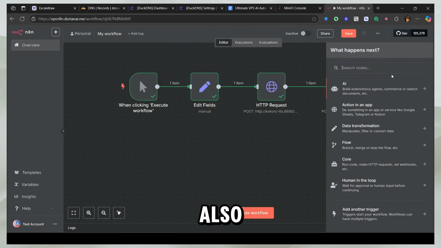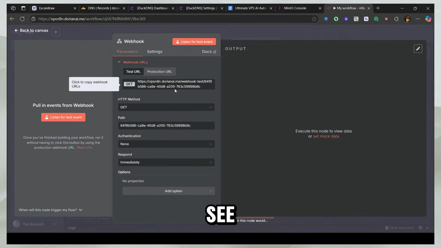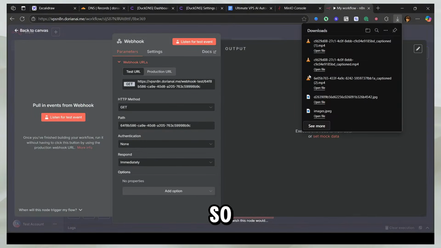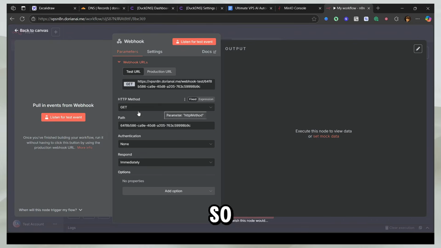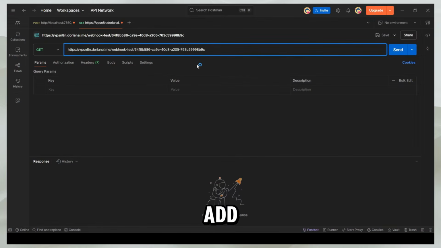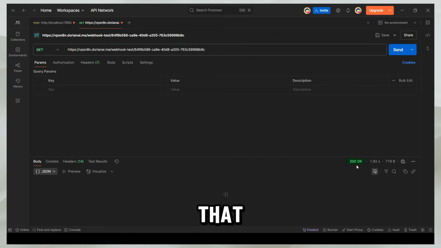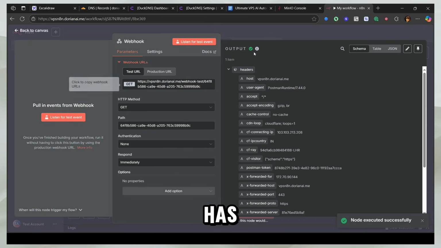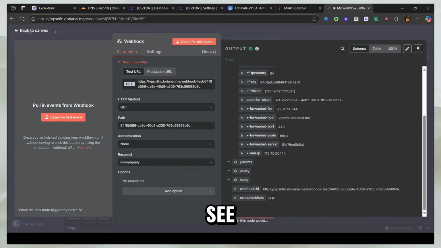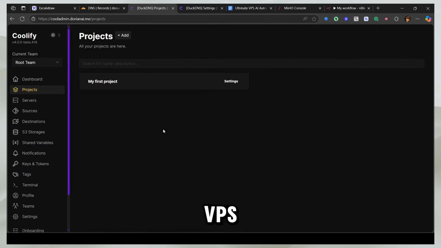I'll also show you the webhook. The webhook is also configured. When you come here, you'll see that this is the production URL, so I can access it from the internet. Let me also show you the webhook demo. I'm going to copy this link, and I'll say listen for live test. Now it's listening at this link, and I'm going to go to Postman and add this link here and send it. When I send this, you will see that I get a 200 OK, and this has run, right? So I was able to see the request. That's how you can do it. Now you have your entire VPS ready